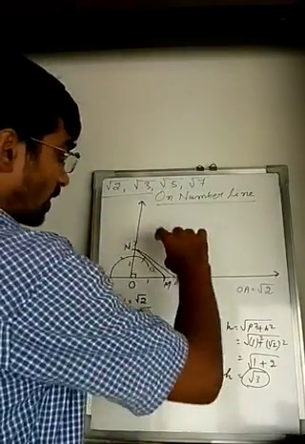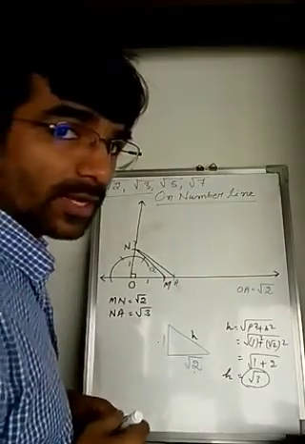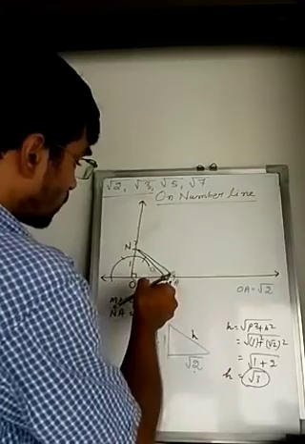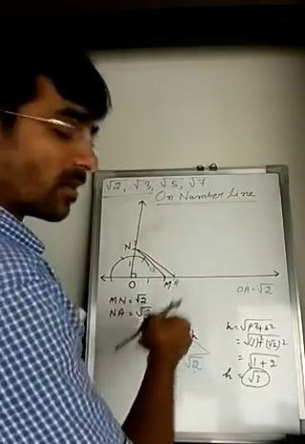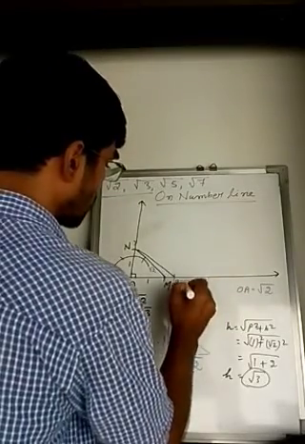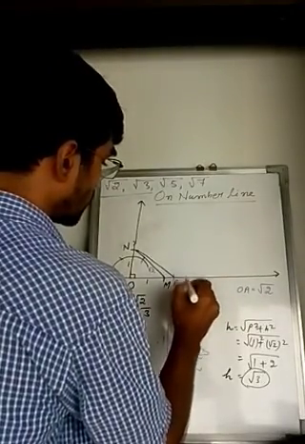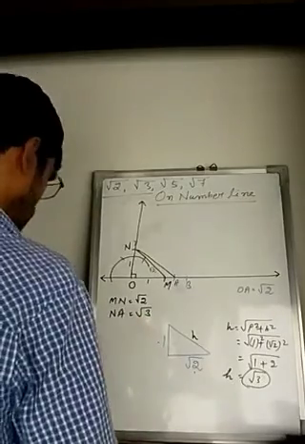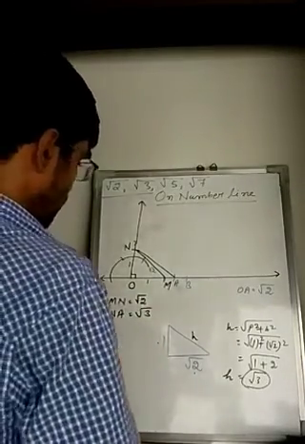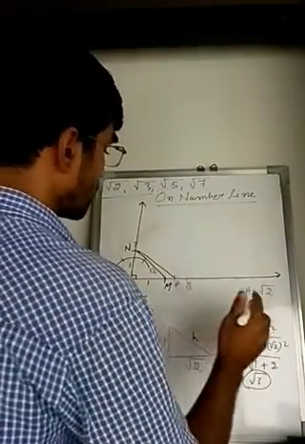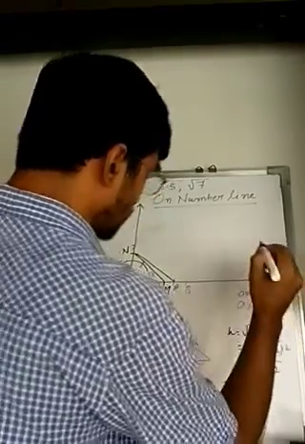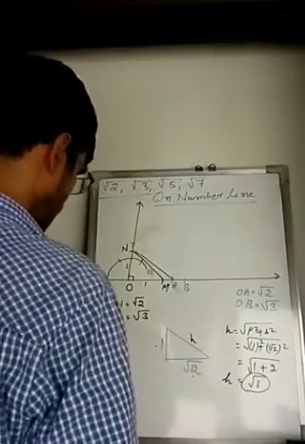So now the value of NA I am going to plot on the number line itself. With the help of a compass I will measure NA and take it from O on the number line itself. So here my point will come, for example, this one will be B. So here I can write NA equals root 3. The same value of NA I have taken as OB. So I will write OB equals root 3. Understand?